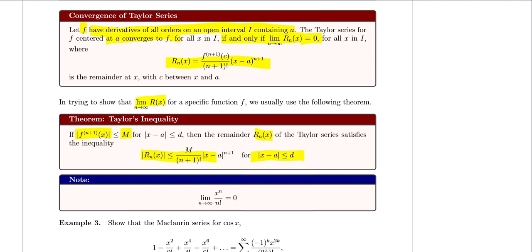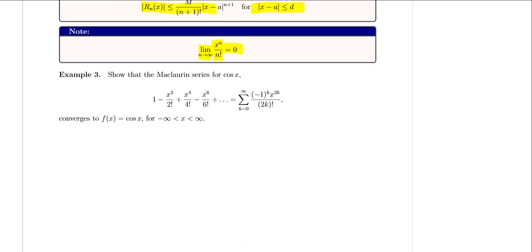Now, as we're going to be evaluating some limits, I want you to know a special limit here that's telling us the following. The limit as n approaches infinity of x to the n divided by n factorial is equal to 0. It's going to come into play in a couple of problems. All right, so let's take a look at one problem here. And as I mentioned, this is really no different than estimating the error for a Taylor polynomial. It's just that this time around, we're going to be taking the limit, and if the limit for the absolute value of the error is 0, or for the remainder is 0,